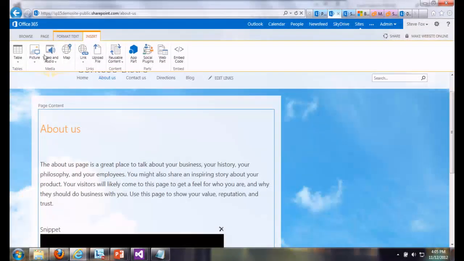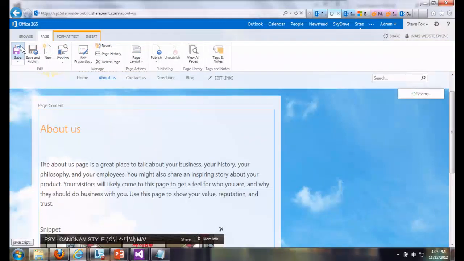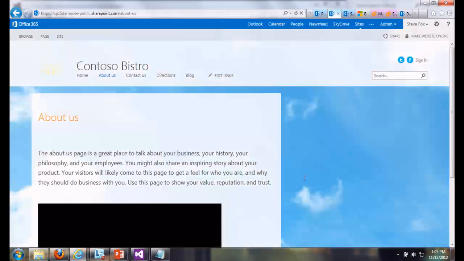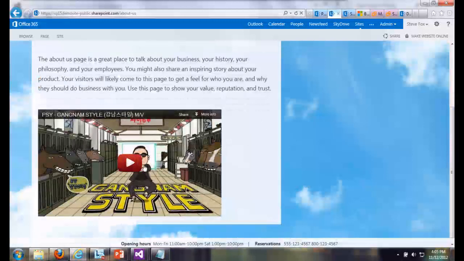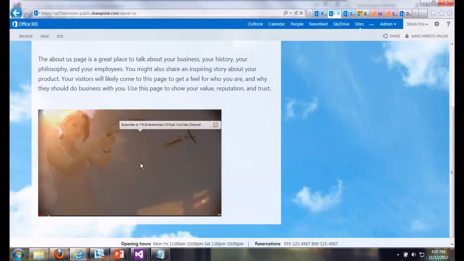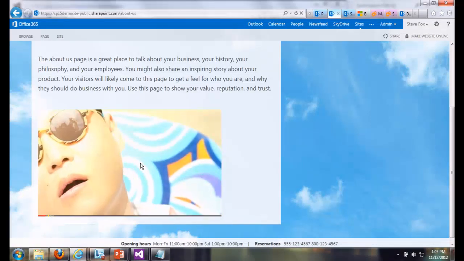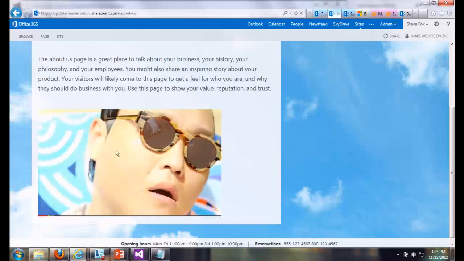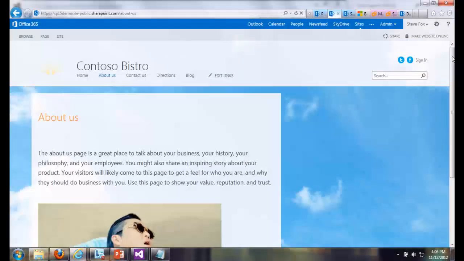And this just tells us a little bit about what we like in terms of our music. And if you are not one of the 450 million people who have seen this, where have you been? Gangnam Style. All right, so now you're SharePoint developer Gangnam Style. All right. Okay. Let's go to directions.